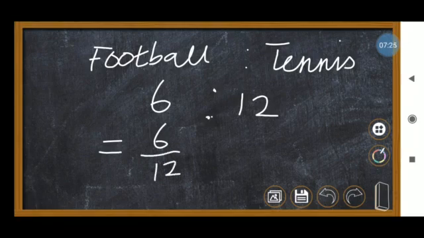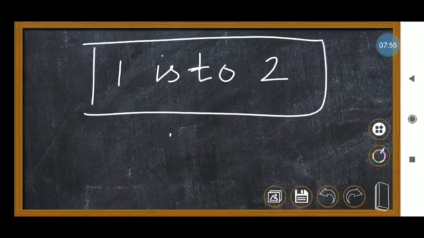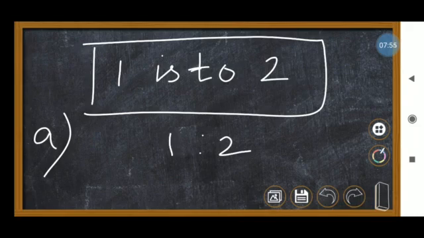Am I right? Now you can say which table both numbers can divide in common. 1 6 is 6, 2 6s are 12, so 1 by 2, which can be written as 1 is to 2. Okay, 1 is to 2, so how do we pronounce 1 is to 2? This is how we have to pronounce it. So 1 is to 2 is the first answer, subdivision A. Anyway, we will move to subdivision B.